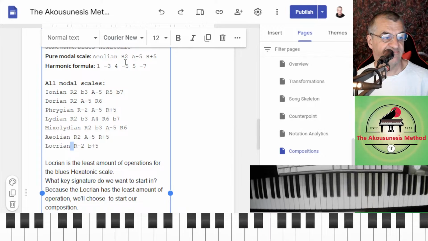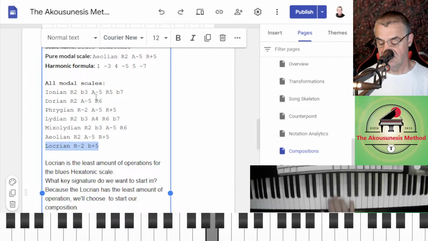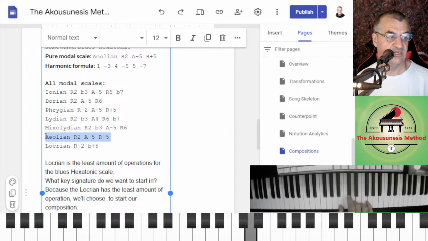So your choice of modes to play this scale might depend on if you want to slide on the black notes or the white notes, because you can't slide up from white to black. You slide down. So whether you want to slide down here and use the Aeolian, or slide down there in the Locrian mode.